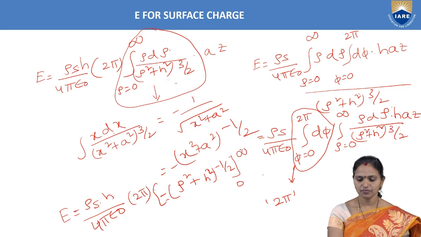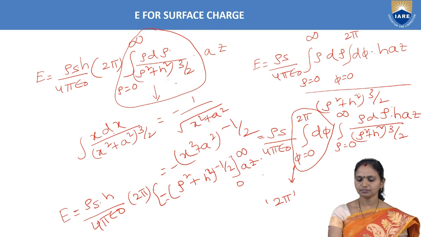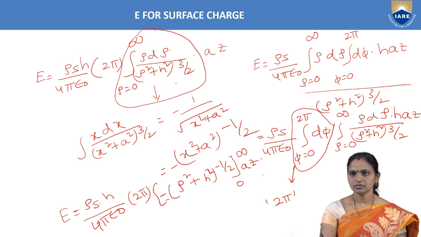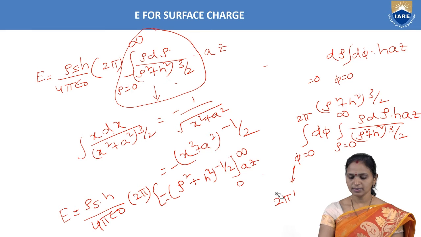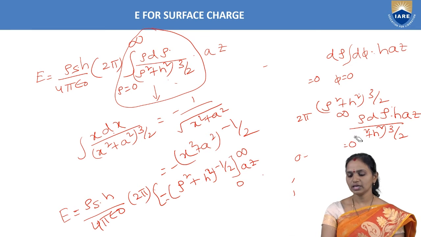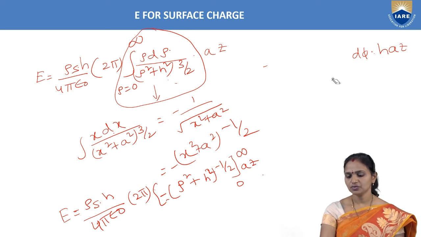And the limits of rho here are 0 to infinite, into Az we have. So by now substituting these integral limits, the upper limit here is infinite and the lower limit is 0. Now by substituting them, we will get the finalized equation. And the obtained equation is in terms of the known parameters.